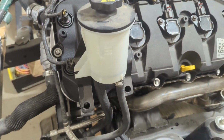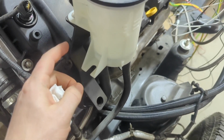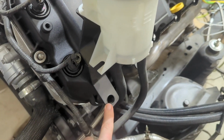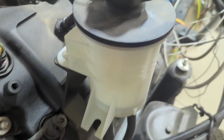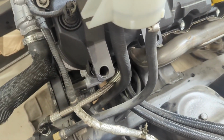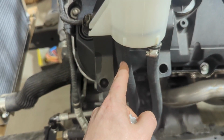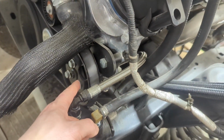Alright, so I forgot to actually film us putting this together, but basically you have this bracket that bolts to the valve cover in this location and this location, and then you have the reservoir, of course, that bolts to that bracket, Phillips screws, and some bolts or some nuts there. Then basically with this larger hose right here, this is the feed for the power steering pump. Power steering pump's this guy right here, and so he feeds the pump. We need a hose clamp here,